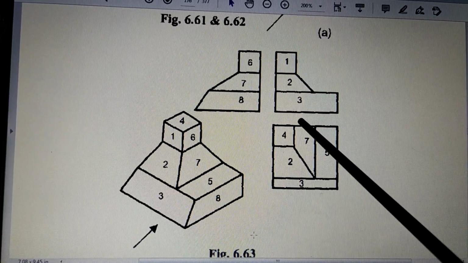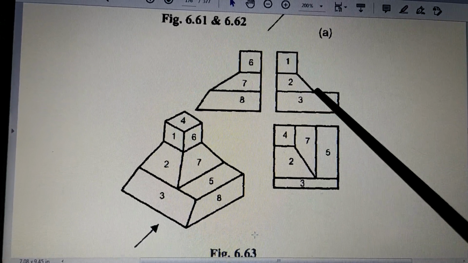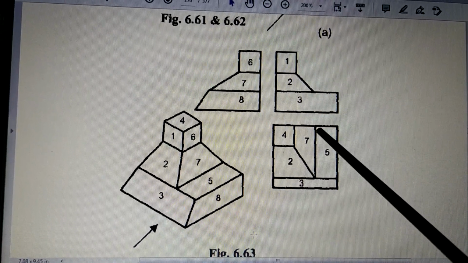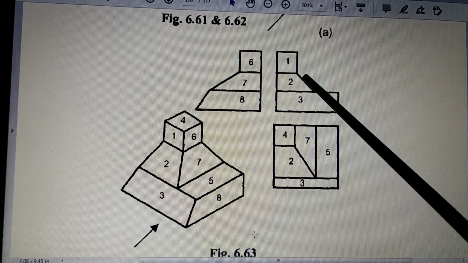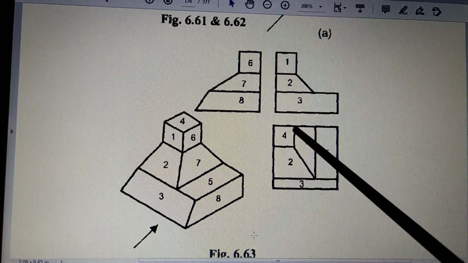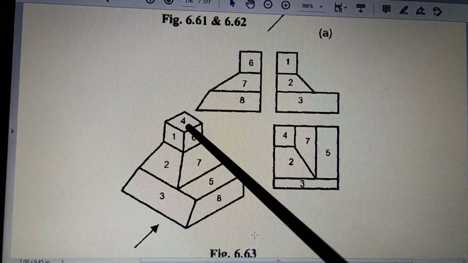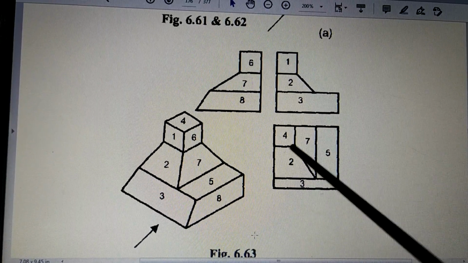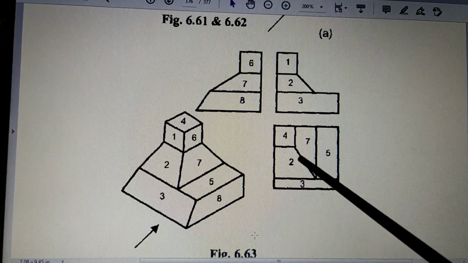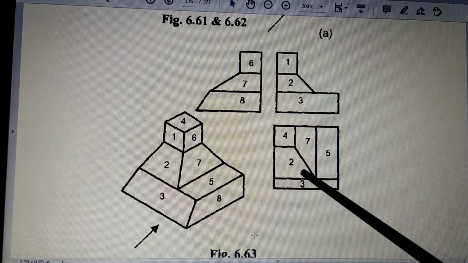Now in this book it is not drawn, but such lines are required. They are to be drawn so that you will get a good judgment of which surface is where. So that's why surface 7 is seen. This is surface 7. Then where is 4? 4 will be here. 1 is not seen, 1 is this line. And this surface 2 is also seen. It is inclined, but it is also seen. So when you join all this, that becomes surface 2.